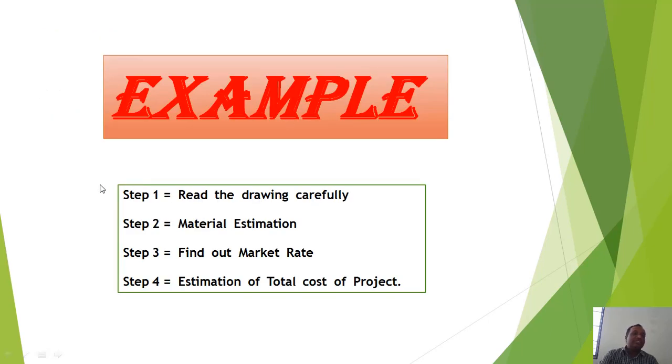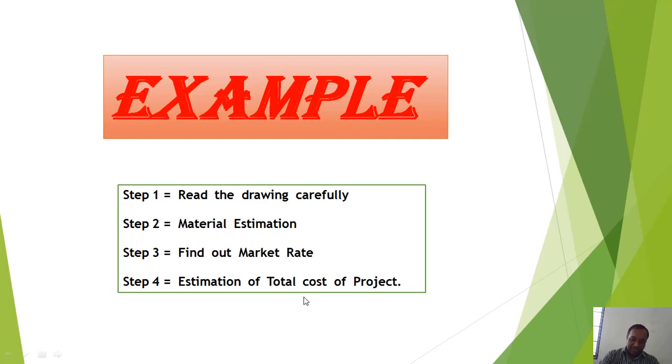So here, this is a 4-step process. First step, read the drawing carefully so that you will get the required dimensions for column, footing, wall, so that you can estimate the quantities of material. Then you find the market rate for those materials, and once you have the material quantities as well as the market rate,